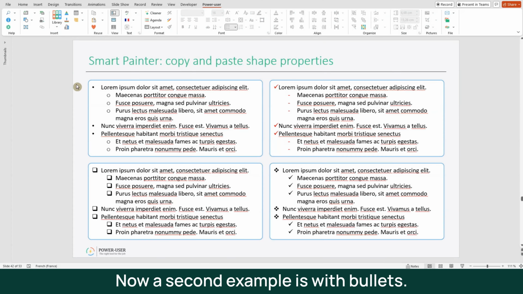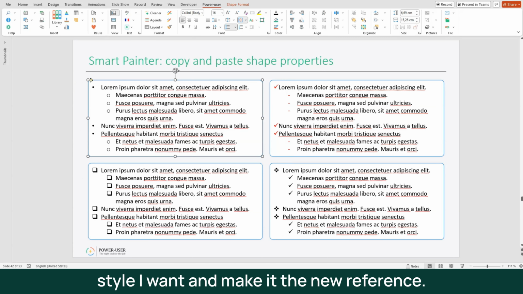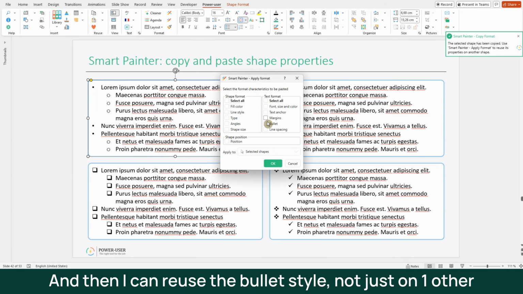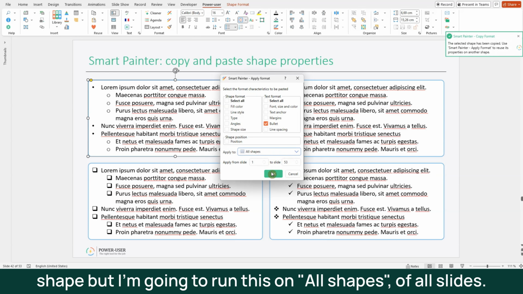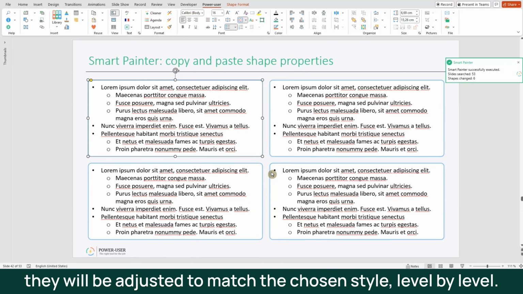Now a second example is with bullets. It is very difficult to keep the bullet style consistent in a presentation. So I'm going to take a shape with the bullet style I want and make it the new reference. And then I can reuse the bullet style, not just on one other shape, but I'm going to run this on all shapes of all slides. And now everywhere I have bullets in my entire presentation, they will be adjusted to match the chosen style, level